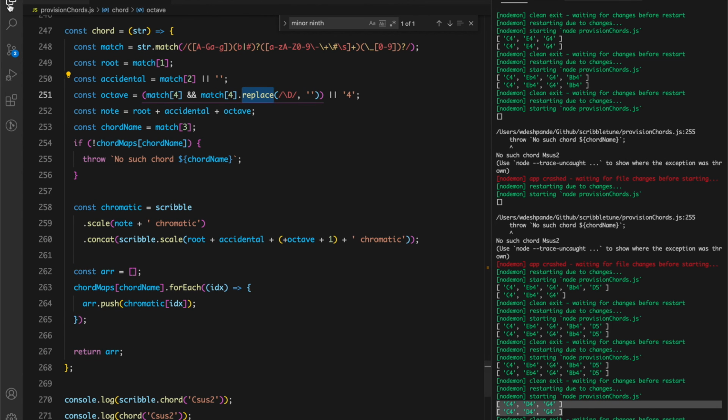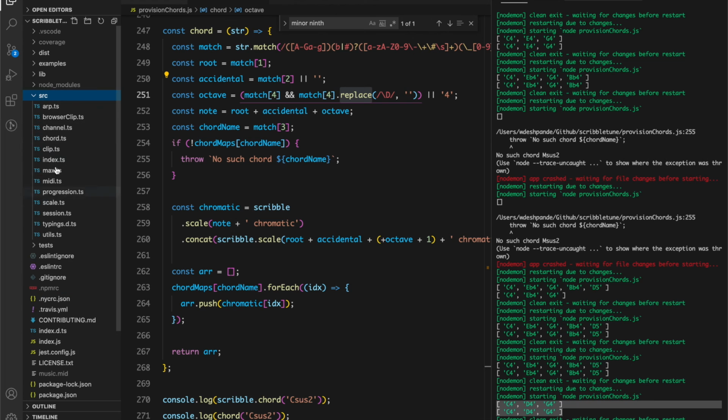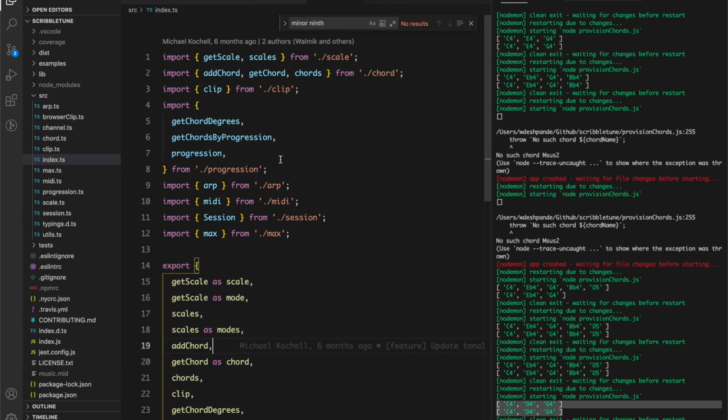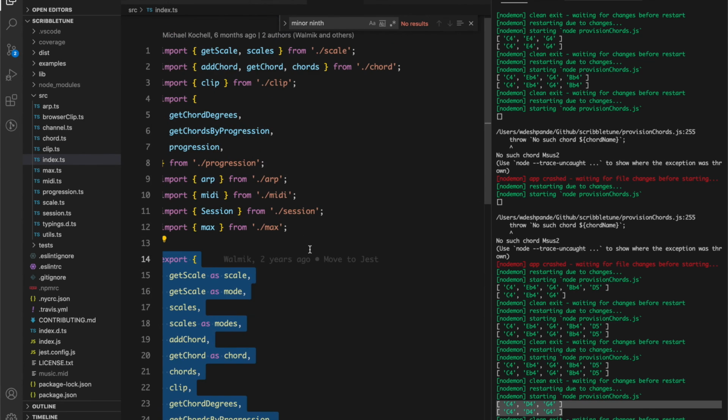I think in the next video, all I need to now do is kind of spruce up this index, right? We have this index which is taking in all the functionality and exporting it in one big blob. So we're going to create multiple build targets and multiple entry points based on this index.ts and create these exports for Max for Live, the browser and the terminal. That's what we're going to do in the next video.